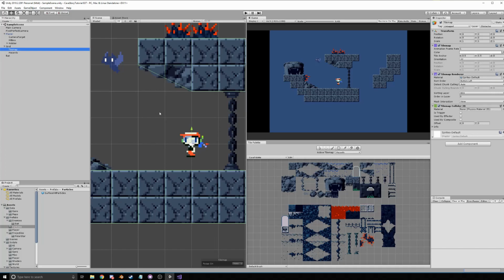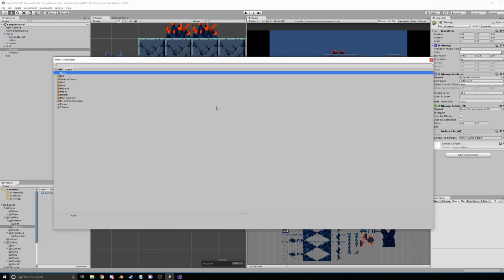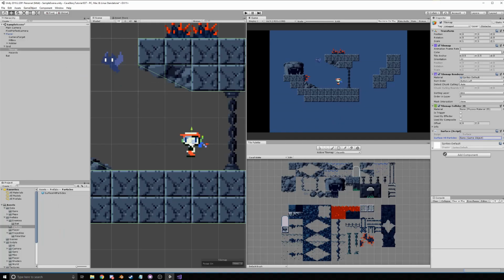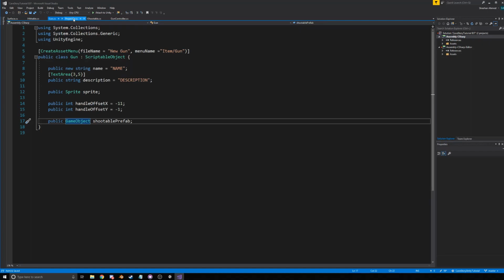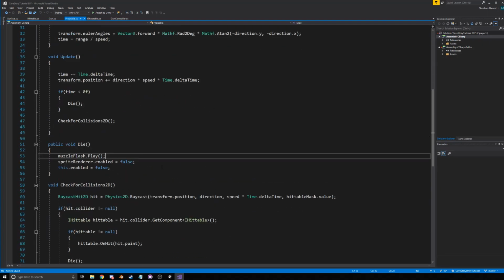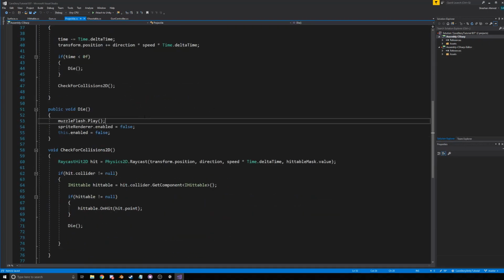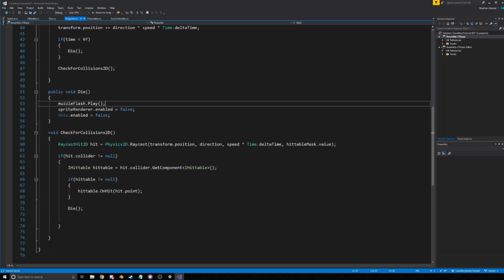Under grid for tile map, we're going to create a surface, and we'll give it the surface hit particles right here. And we're going to want to go to projectile, and to make sure that it doesn't play both, we're actually going to take in a bool for die. Say bool surfaceHit,